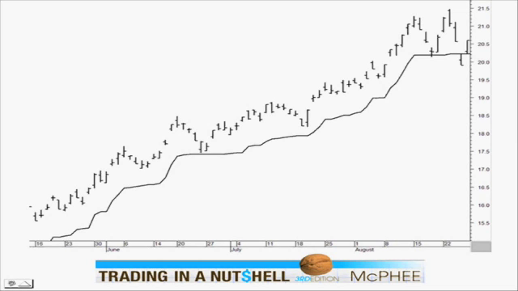But whilst one person may have held this trade for that entire time, you may have someone else who trades completely differently, so trades short term, and may have held several trades in that exact same period. For example, we may have just had a simple little short-term uptrend trade here and then another one. For example, we may have seen this reversal signal. There's an inside day on that particular day, a reversal signal. We enter on this trade, and as we move up this short-term trend, we have our little trailing exits move up underneath the low of the previous day.